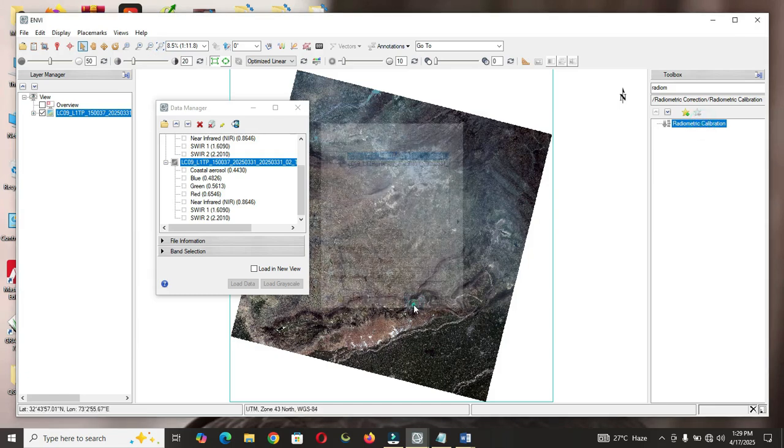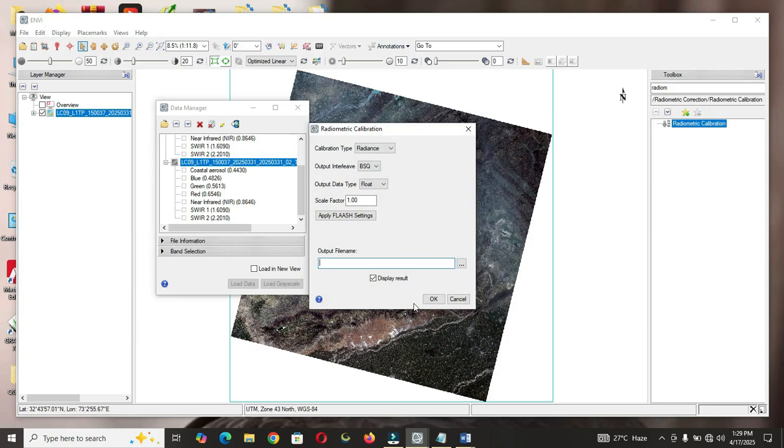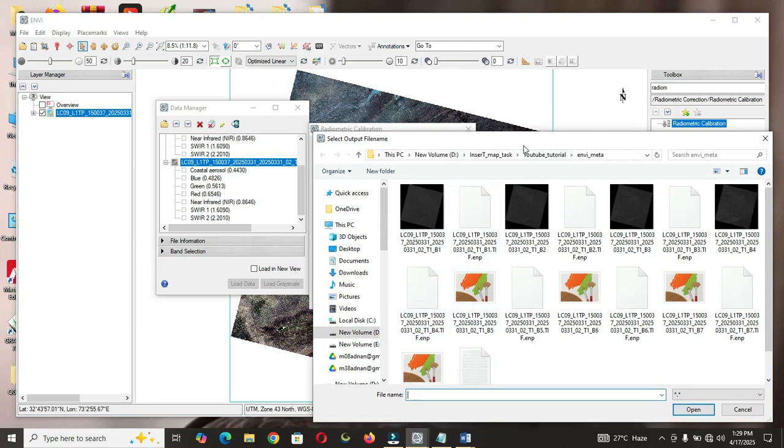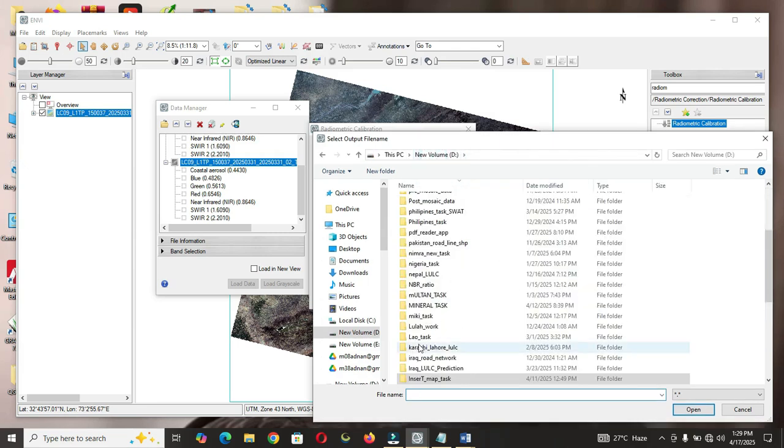It's a radiometric calibration. Okay, so Landsat 9 band 7. Okay, and that we done, and simply apply this. So it will be done for reflectance, because reflectance is normally what we use for